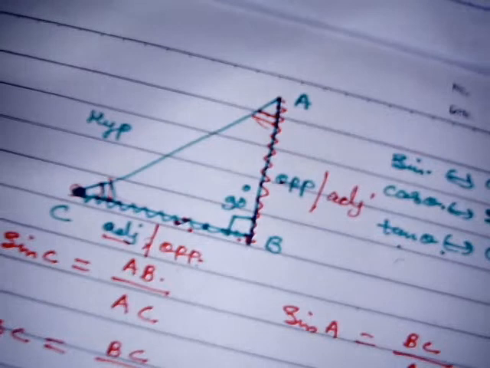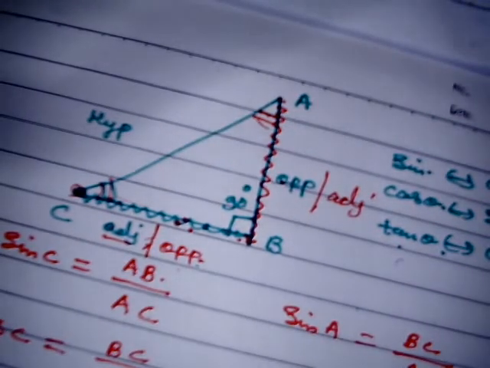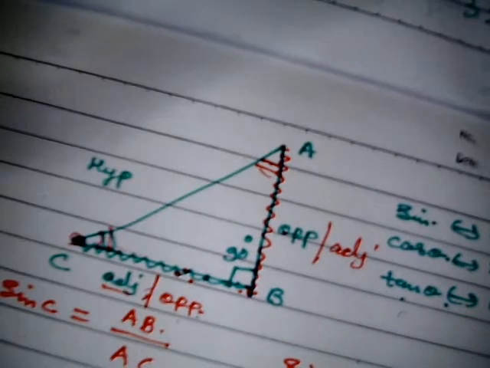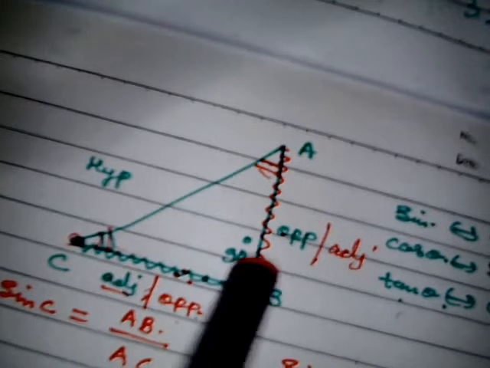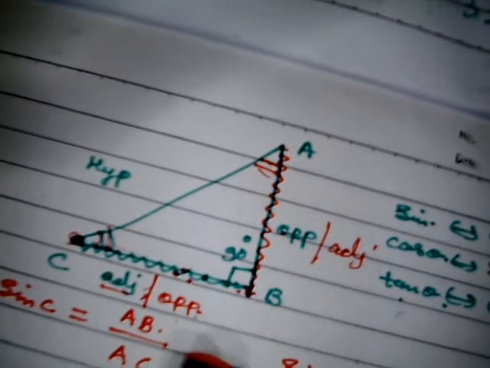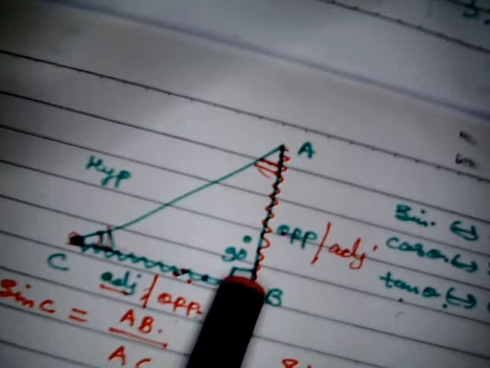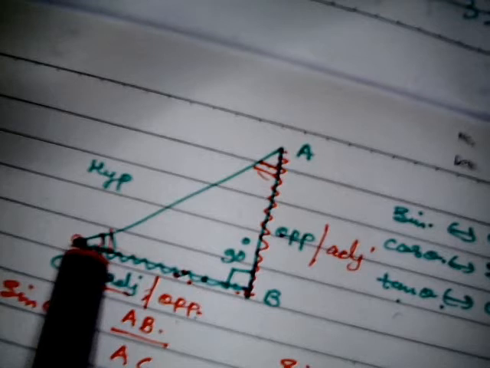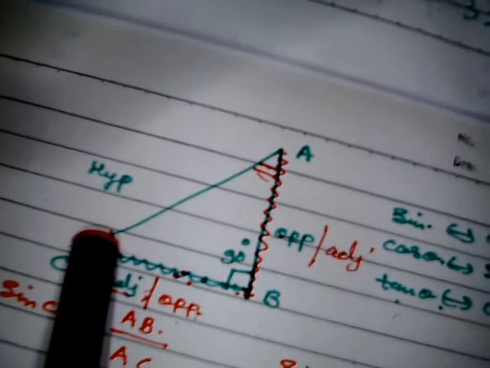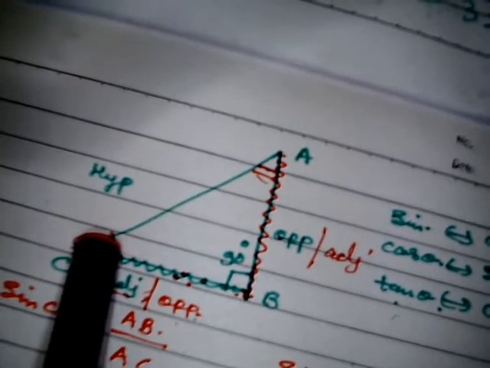Now in this video I am going to talk about again the 6 trigonometric functions, which are sine, cos, tan, sec, cot and cosec. And all the 6 trigonometric functions are defined on the right angle triangle. So like this is your right angle triangle. It is right angle at B point, so the A and C points are going to be acute angles. For these two angles we can calculate the 6 trigonometric functions.